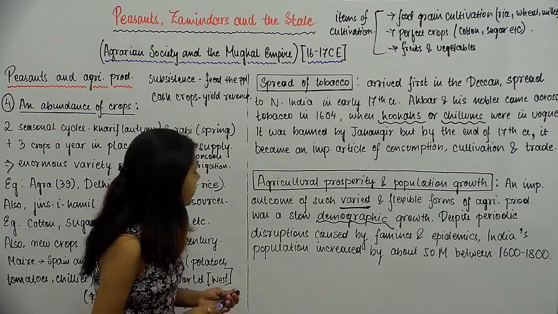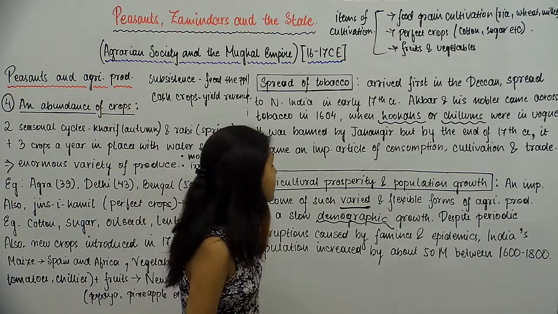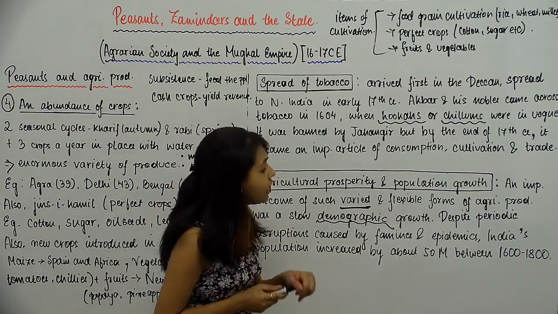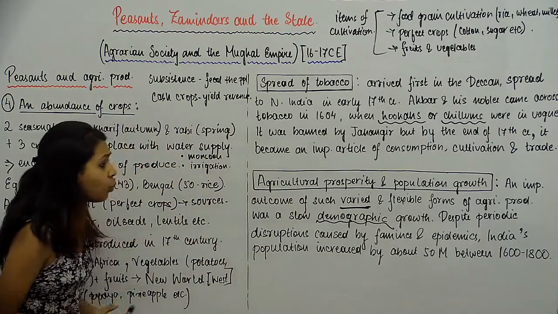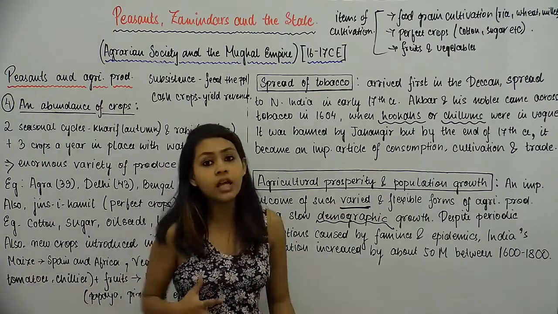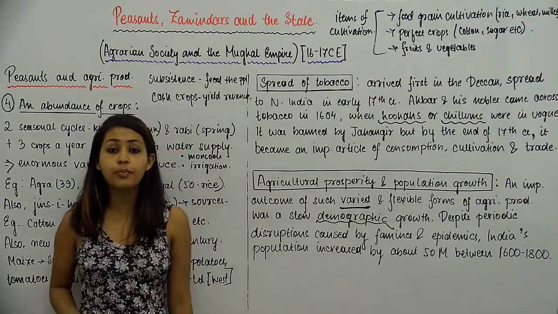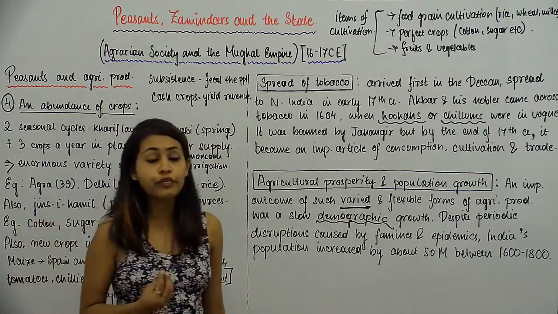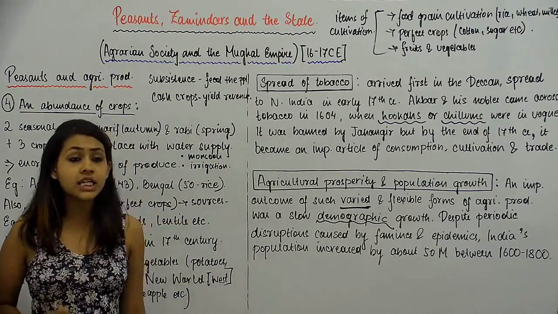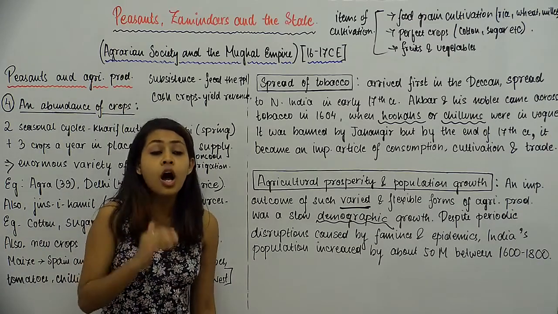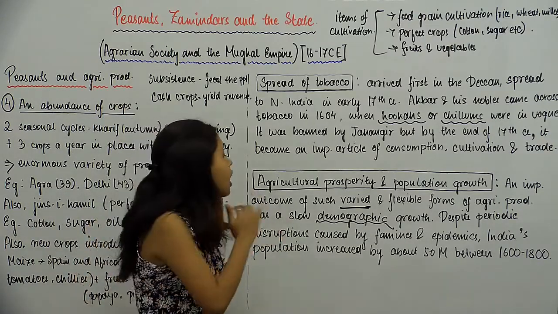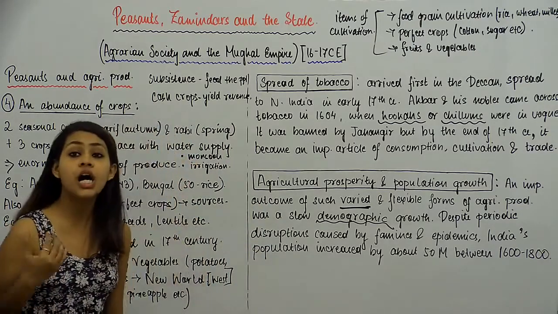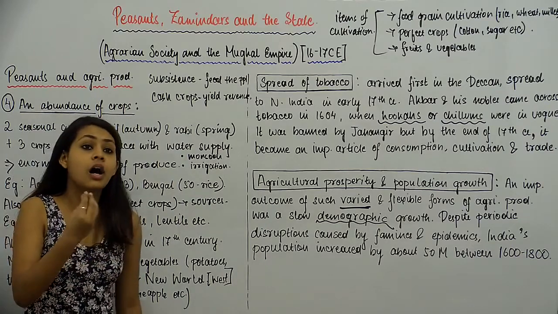So despite periodic disruptions caused by famines and epidemics, India's population growth increased by about 50 million between 1600 to 1800. So what this means is ये जो हम इतना enormous variety था हमारे पास agricultural production का, जो agricultural production इतना boom कर रही थी हमारे country में at that point of time, तो उसका नतीजा ये था कि हमारा population जो था वो भी काफी steady rate में, वो काफी slow बढ़ा था, but फिर भी it was increasing, it was growing,